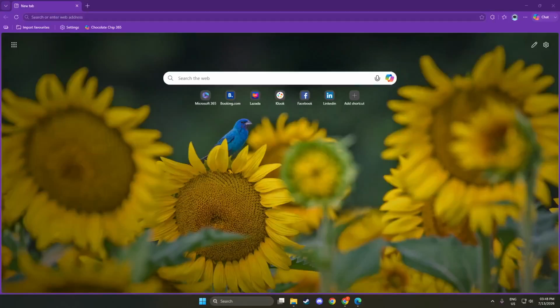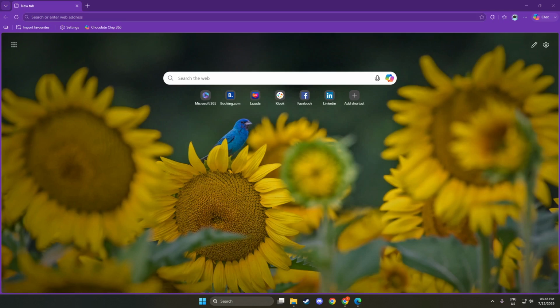In today's video, I'm going to teach you how to enable ActiveX in Microsoft Edge. First, let's begin by opening Microsoft Edge. You can do this by locating the Edge icon on your desktop or in your taskbar. The Edge icon looks like a blue and green wave. Once you find it, simply click on it to launch the browser.